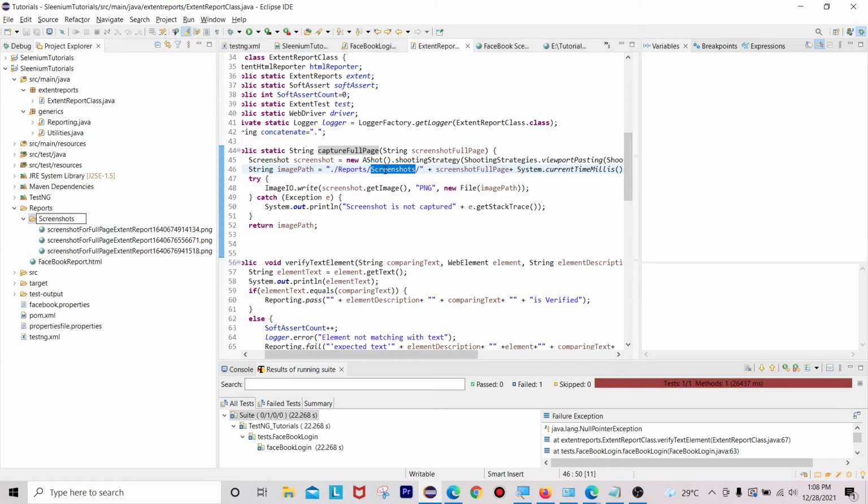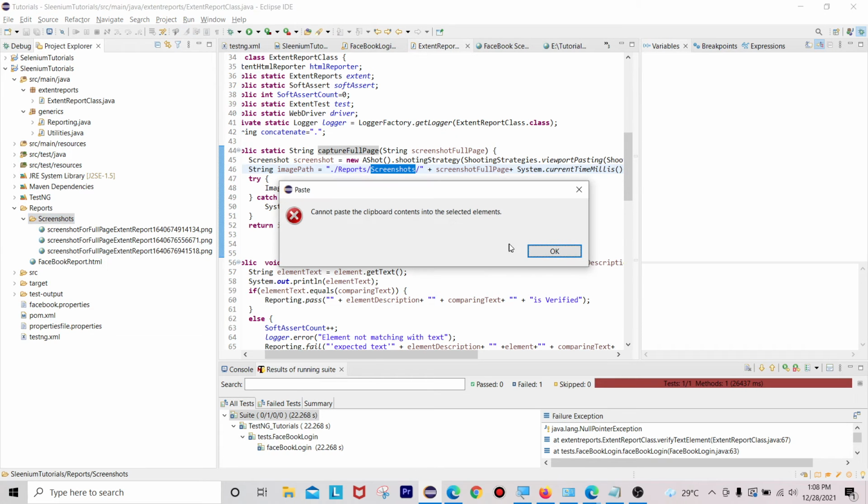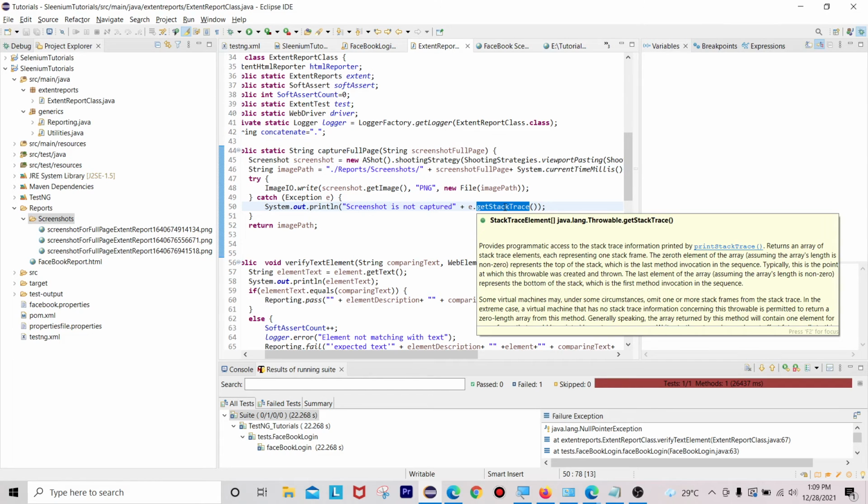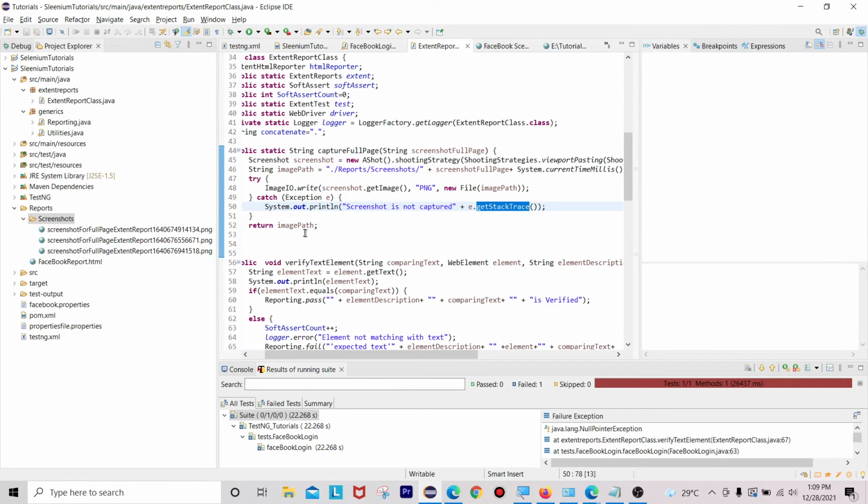So let me paste it here. Screenshot, screenshot, and this is our reports folder. Once it is done, image path, get image. Okay, file image path, system.out.println "not captured", get stack trace. Okay, so now we are returning this image path.